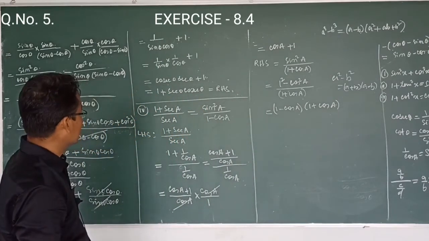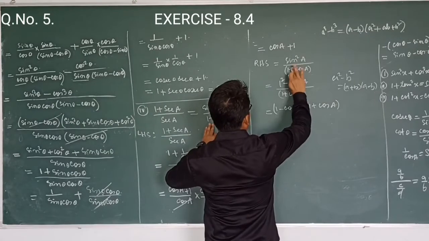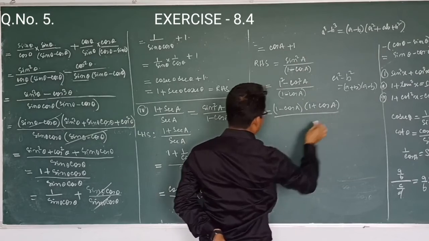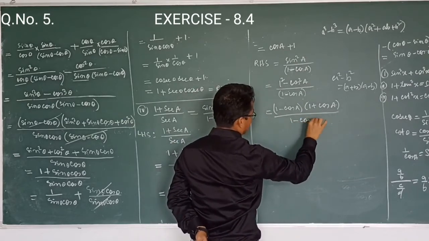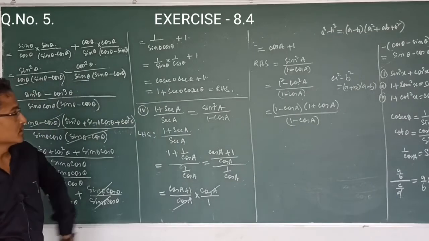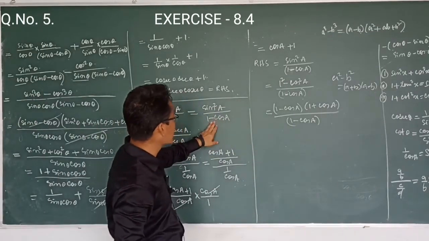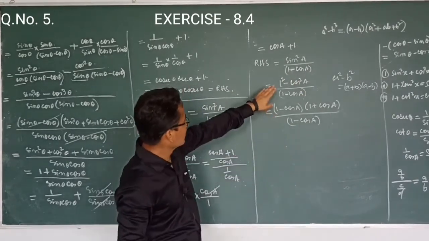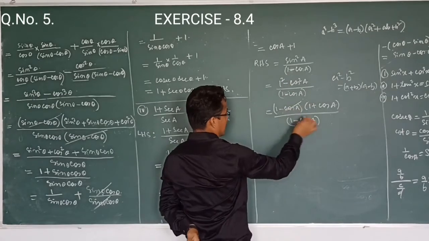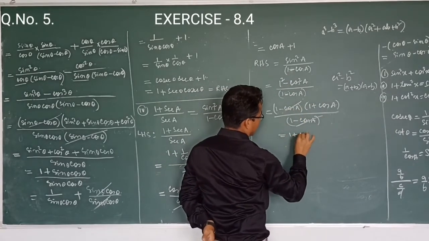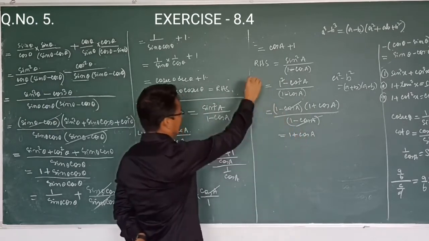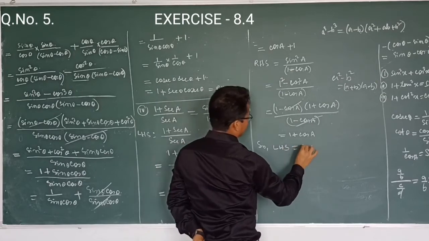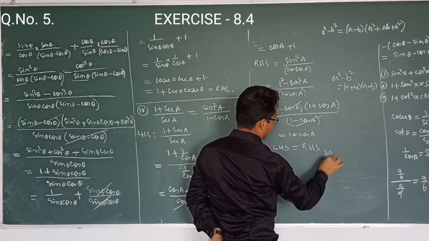So no, here I am making a mistake. This is minus. So this is minus, that means our denominator is 1 minus cos a. Okay, now it's correct. I took it wrong here; this is minus, and I took plus there. Now we are going to cancel 1 plus cos a. 1 plus cos a equals the left hand side. So left hand side equals right hand side. So we get our proof.